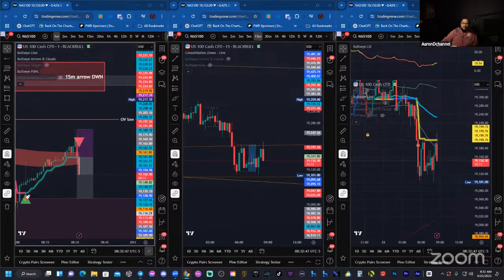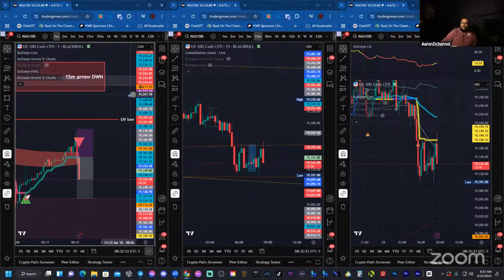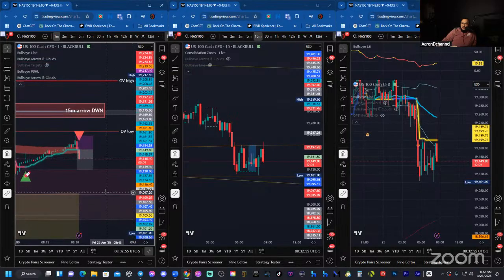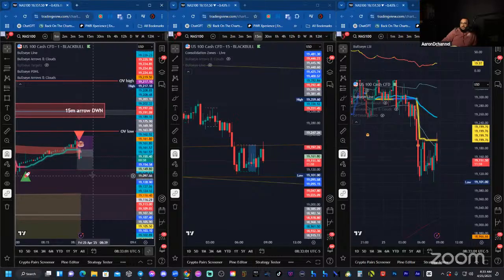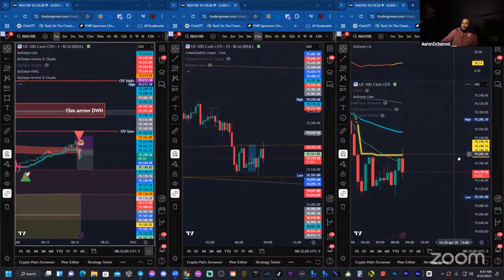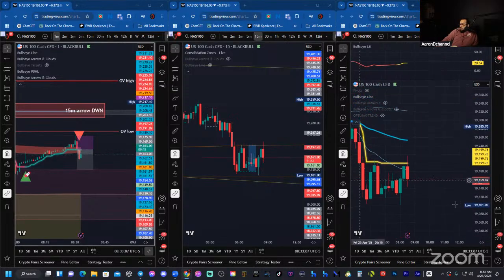All right, got about 13 seconds left. Here's a legit reason to sell, the arrow showing up. Govern yourselves accordingly. You have a 15-minute cloud here we could bounce off of. We'll see what happens. Here's a beautiful pancake. Wants to show up, but it's so early in this clock, so we'll have to wait and see if it wants to appear again.